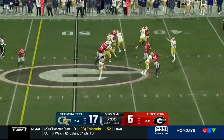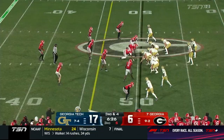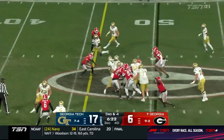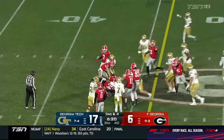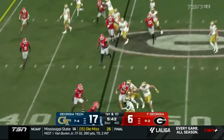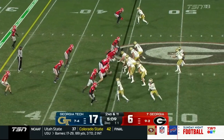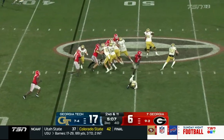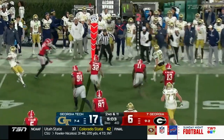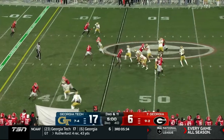Second and 4. King. Here's Alexander, met right at midfield. Third and 4. Here's King, and he's got the first down. Good territory. First down as they go with the pop pass to Singleton. That was second down and 11 after that good defensive play by Chambliss. King backed up